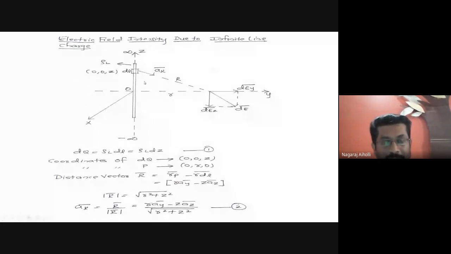That means the magnitude of the charge I am considering on the positive z axis is equal and opposite at the same point on the minus z axis. The point here is important. Any charge I am considering on the z axis will be equal in magnitude and opposite in polarity to the same charge present on the minus z axis.